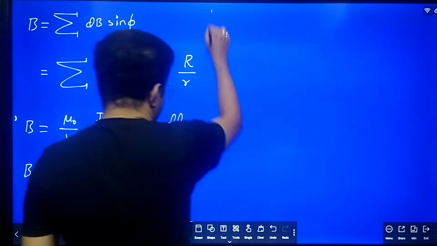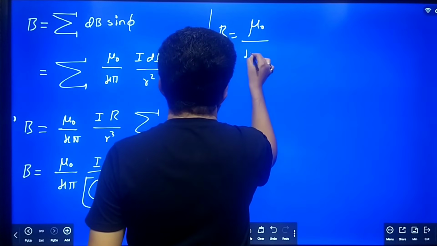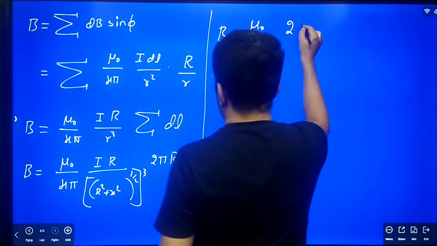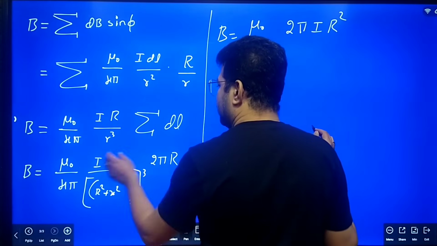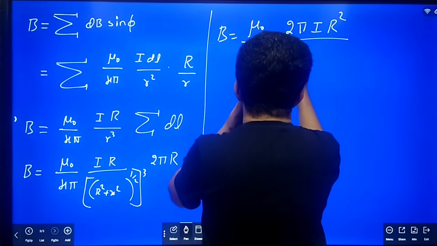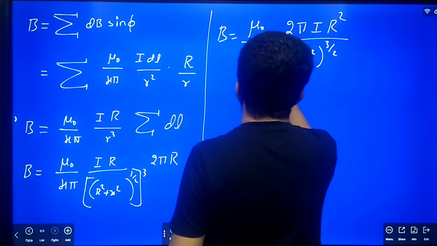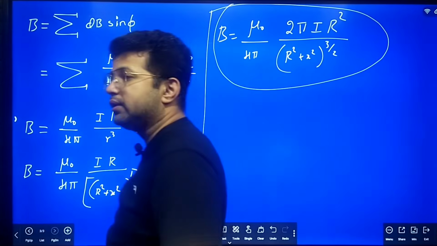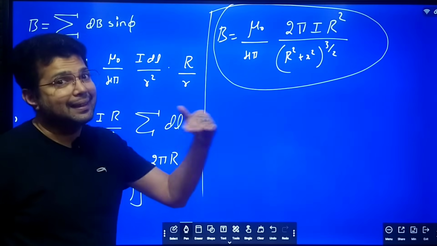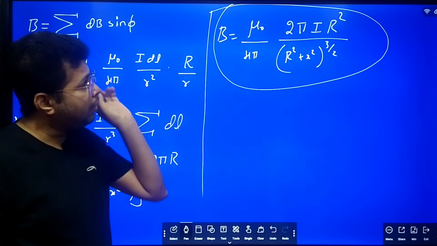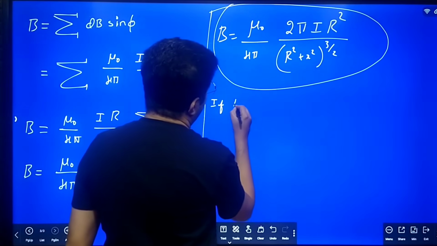So therefore the total magnetic field B is equal to mu naught by 4 pi into 2 pi I R square, correct na? 2 pi into I into R square divided by R square plus x square to the power 3 by 2. So this is the equation for magnetic field due to a circular conductor carrying current, on its axis, because we have considered the point on the axis of the circular coil. Now if there are n turns in the